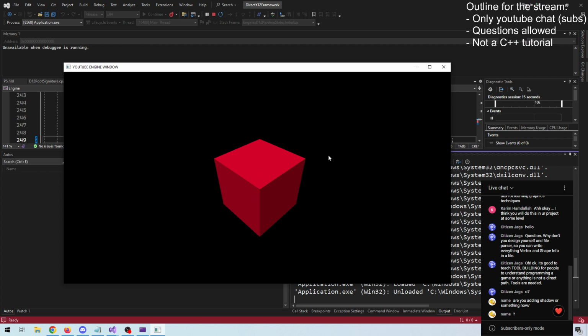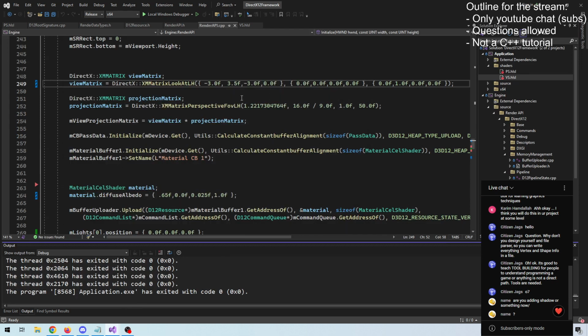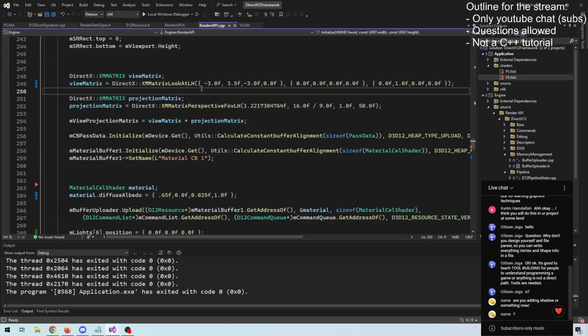So that's basically a Toon/Cell shader. You simply do simple lighting models,